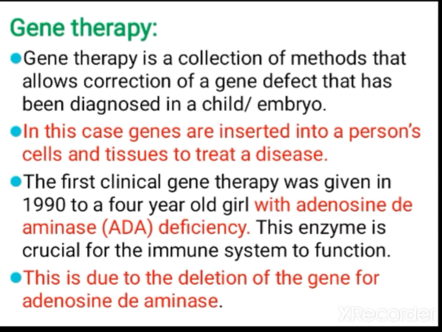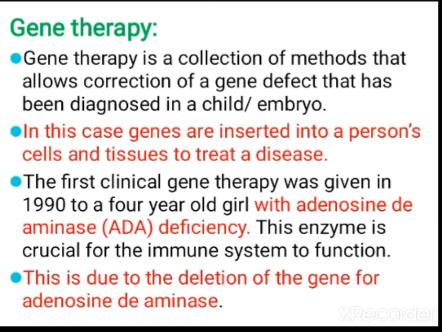But there is one problem. It cannot be done in adults. It has to be done in the early embryonic condition, because adults have so many cells, and doing that type of modification in all cells is not possible. So this can be done in early embryonic stages, preferably during the zygote condition. Now let us study deeply what is given here.